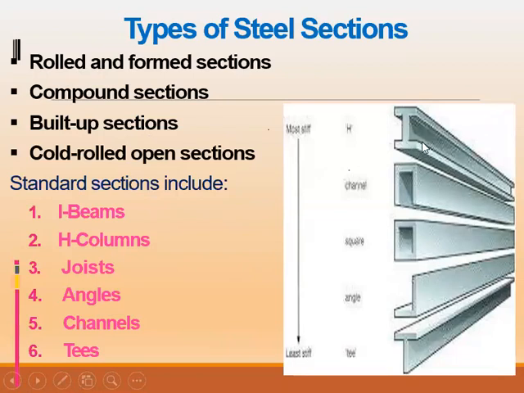This one here is the I shape or H section. This one here is the channel section. This one here is the square hollow section. This one here is an angle section. And the last one here is a T section. All of these are formed in a factory by rolling the steel, which can be very big steel bars. So you may have a rectangular section of the bar. Then when you roll it in a machine, in special molds, you can get a section like this one, or a channel section, or a square hollow section, as well as an angle or a T section. So these are rolled in a factory,